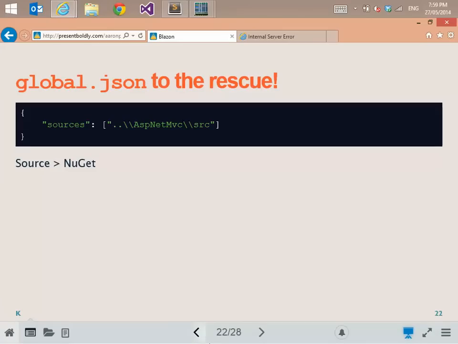So that's all that we had to do. This doesn't have to be just the MVC source or anything like that. You can put your own internal applications. They can all be connected to your own internal NuGet server, and that's how you get all your dependencies. But for local dev, you might want to be able to point to the source, so you can add this line in to your global.json file